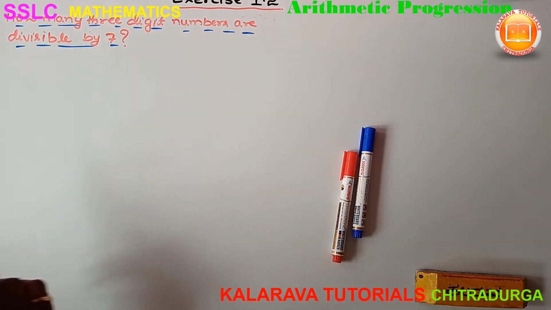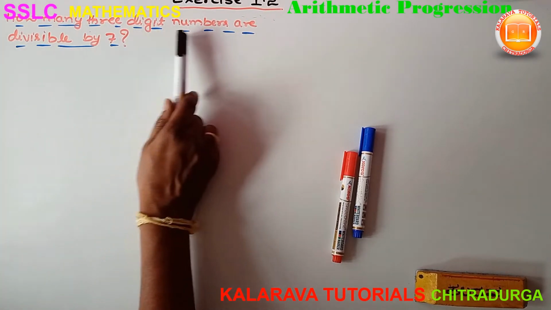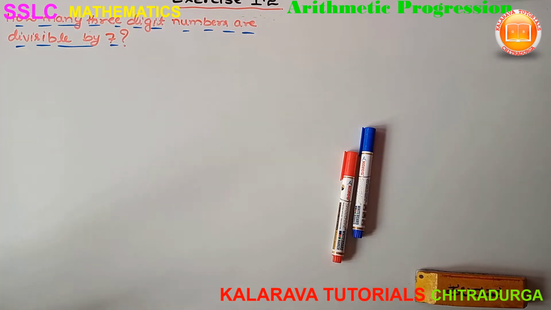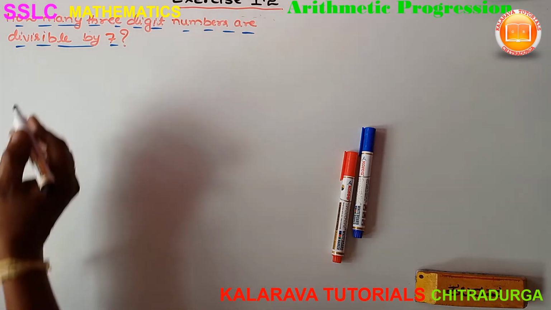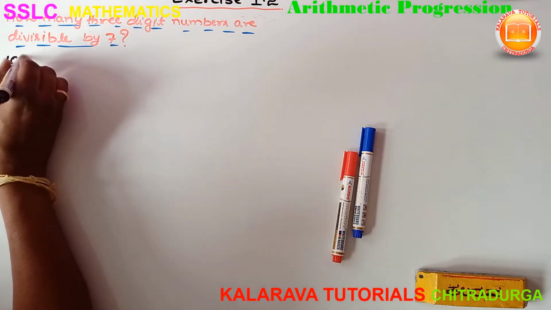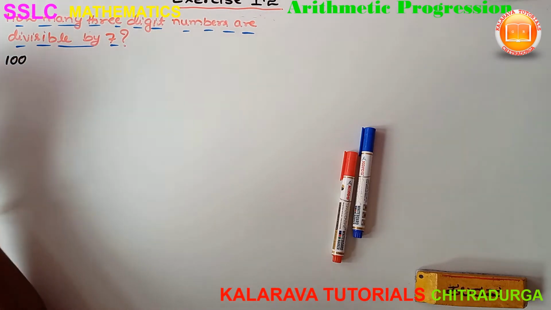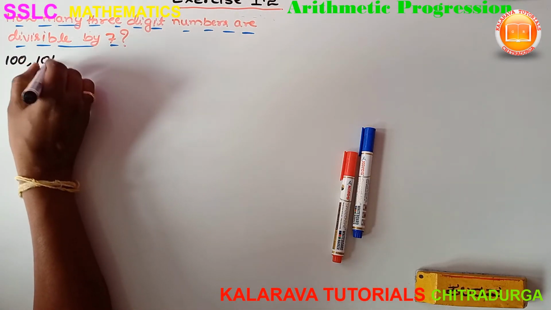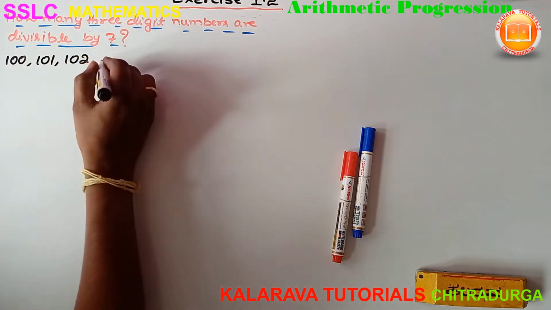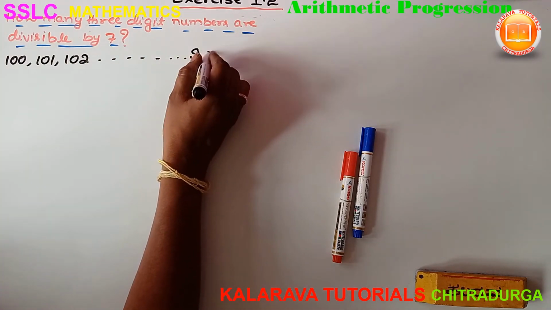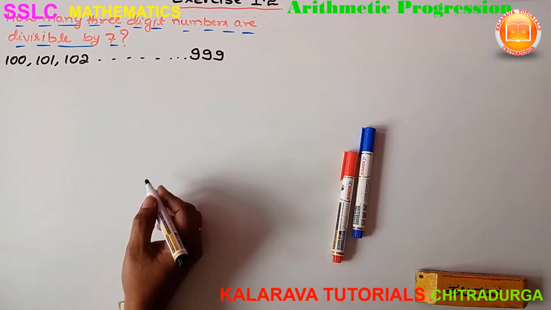Here in the 13th problem, they have given: how many 3-digit numbers are divisible by 7? Now we have to find the 3-digit numbers which are divisible by 7. The first 3-digit number is 100; behind this there is 99, which is a 2-digit number. So 100, next 101, 102 and so on, up to the last 3-digit number,